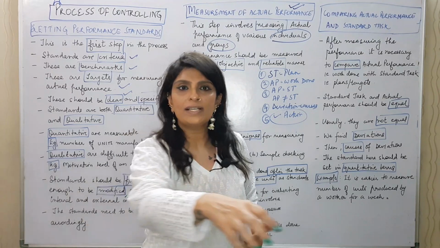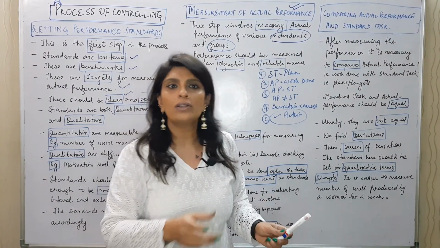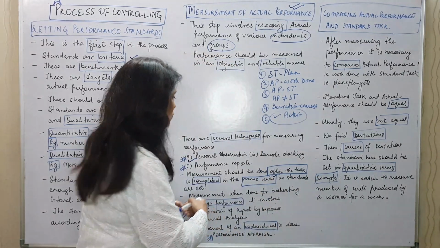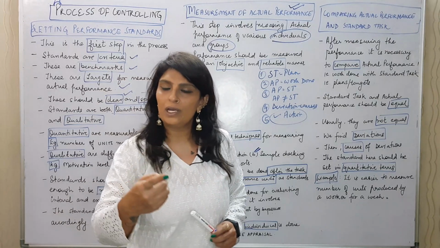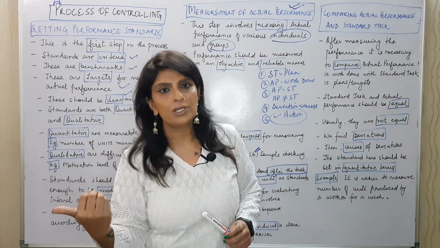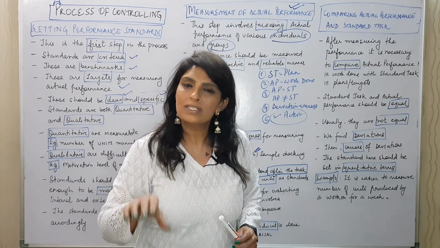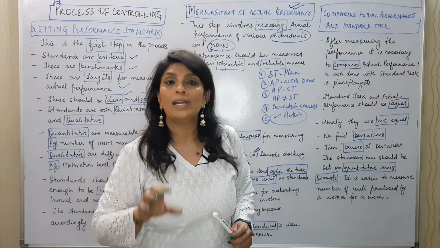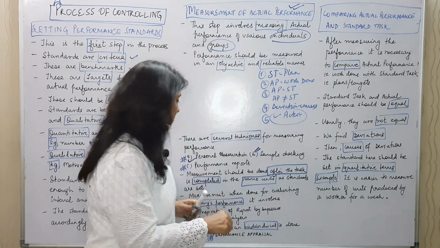Randomly we pick up any sample and we check, and if it is according to the standard, good enough. If it is not, then we tell them to correct the deviation. So sample checking. Next is performance report. This is given by the superior, and it is about the subordinate. It is given for the evaluation of current performance, and this is basically called performance appraisal, on the basis of which you are promoted. I am telling this continuously because this is what measurement of performance talks about.